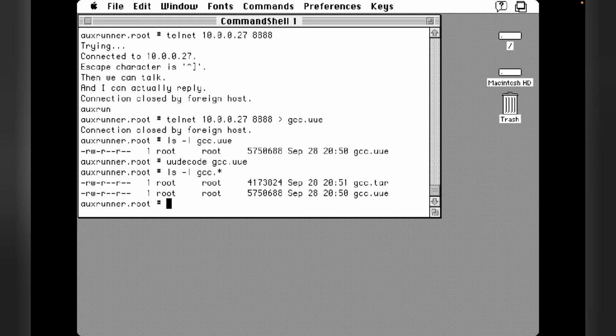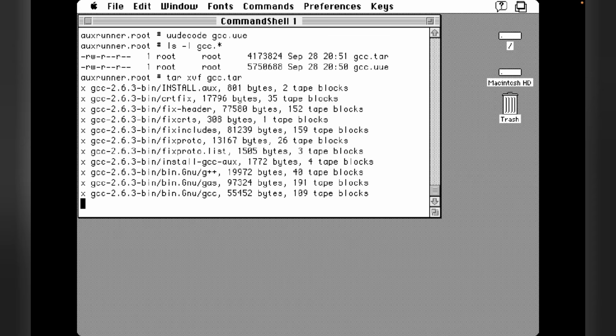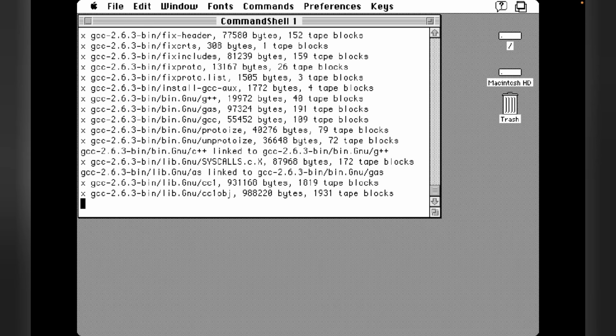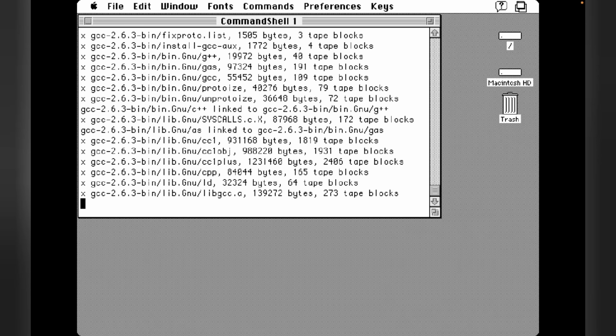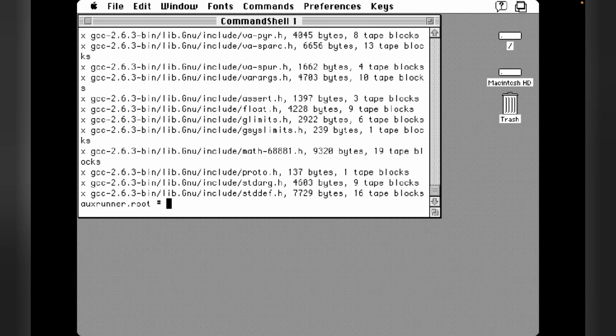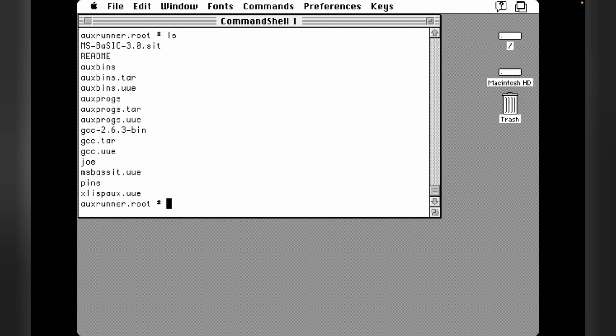So there we are, having, again, our tar file, which is again somewhat smaller. Lovely. Now we're going to uncompress it. tar xvf gcc.tar, and ta-da! You see, the GNU Compiler Collection is getting dumped onto our A/UX system, and if we say ls, then over here we're having the GCC 263 bin thing. And if we go into it,